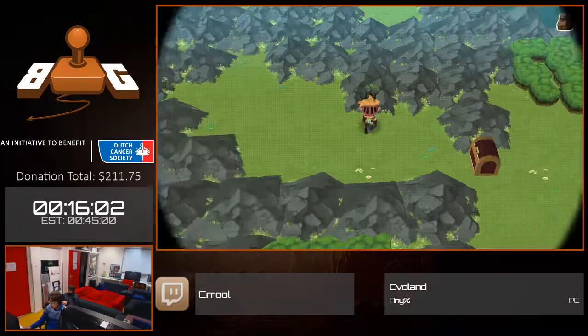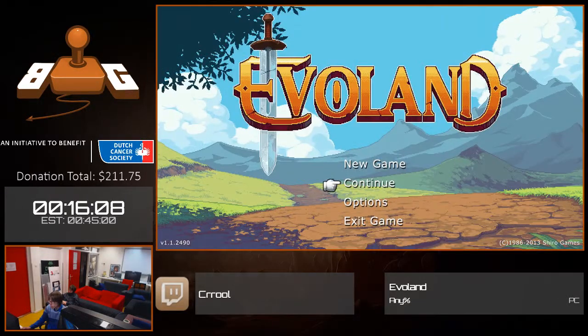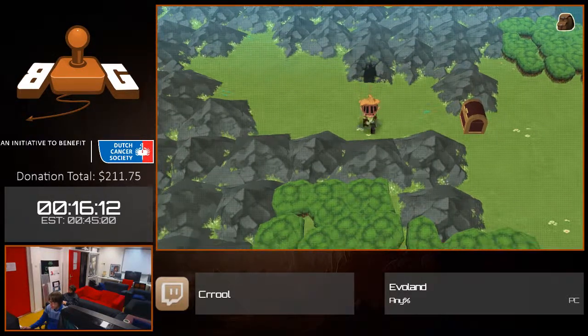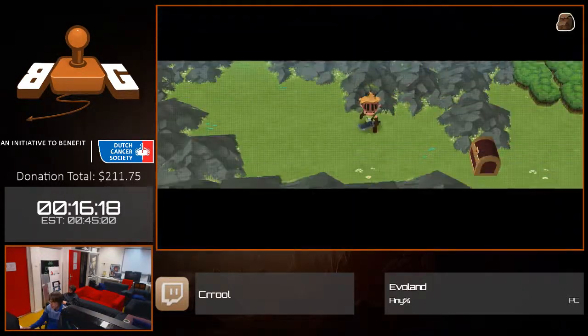Now, here we're going to probably do the most important trick in the game. I hope I pulled it off right there. Nope. If I don't pull that off, I'm going to have to reset this. There we go. Second... No! What? I had it. I was too eager. I was about to say second try, but...